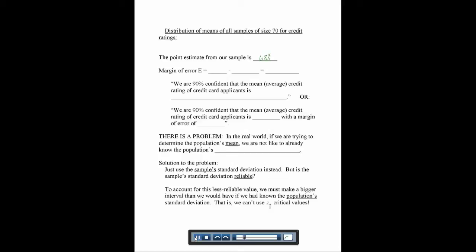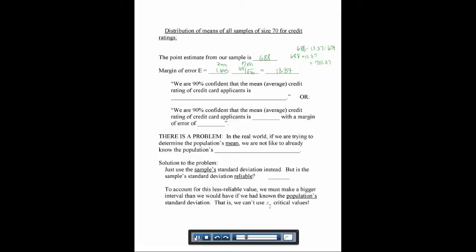So the point estimate for our sample is the mean of the sample, so that's 688. Now to find our margin of error, remember we do z alpha over 2 times sigma over the square root of n. So z alpha over 2, remember we wanted a 90% level. So our z alpha over 2 for 90% is 1.645. And then we do 68 over the square root of 70. And if you multiply that out, you get 13.37. So now if we want to find our interval, we would take 688 minus 13.37, which gives us 674.63, and 688 plus 13.37, which would give us